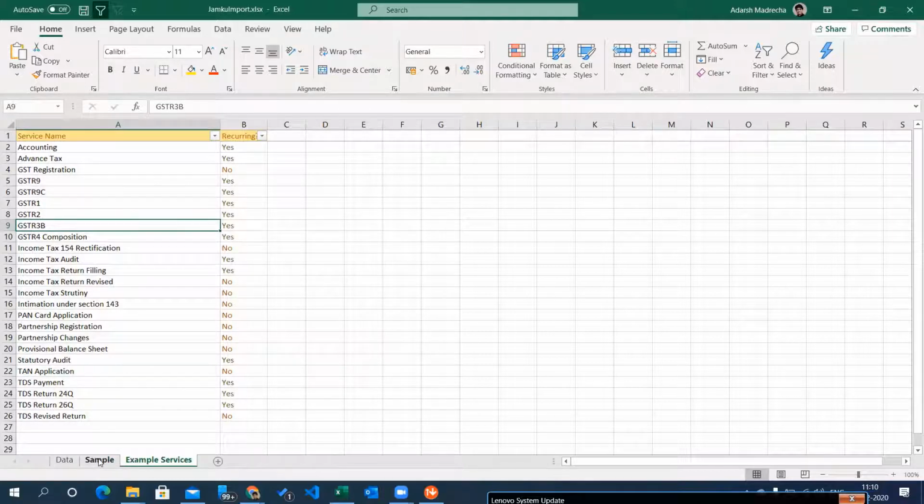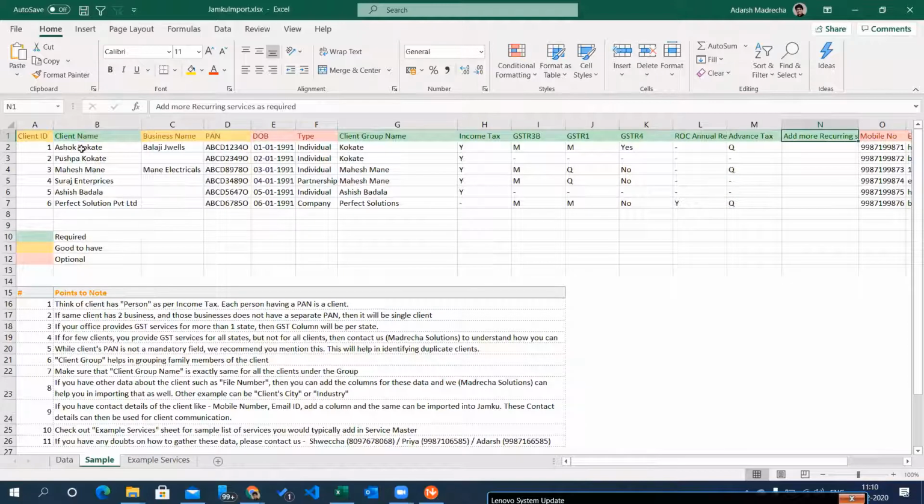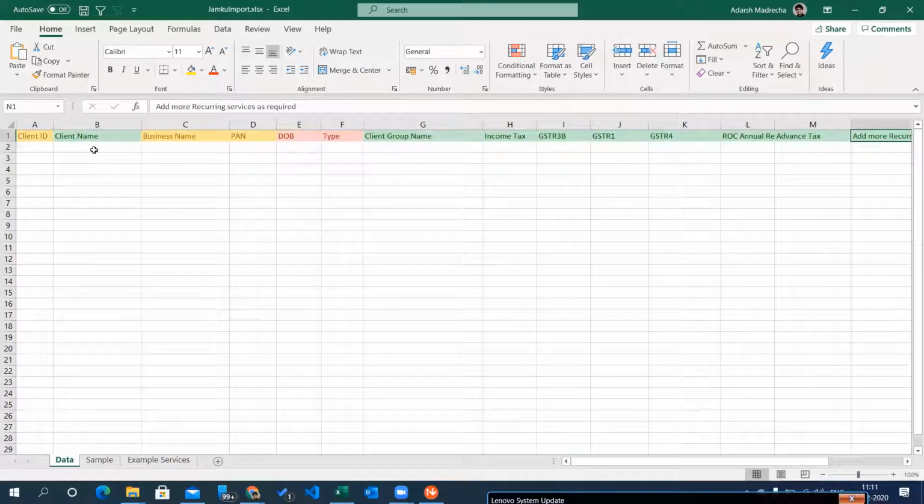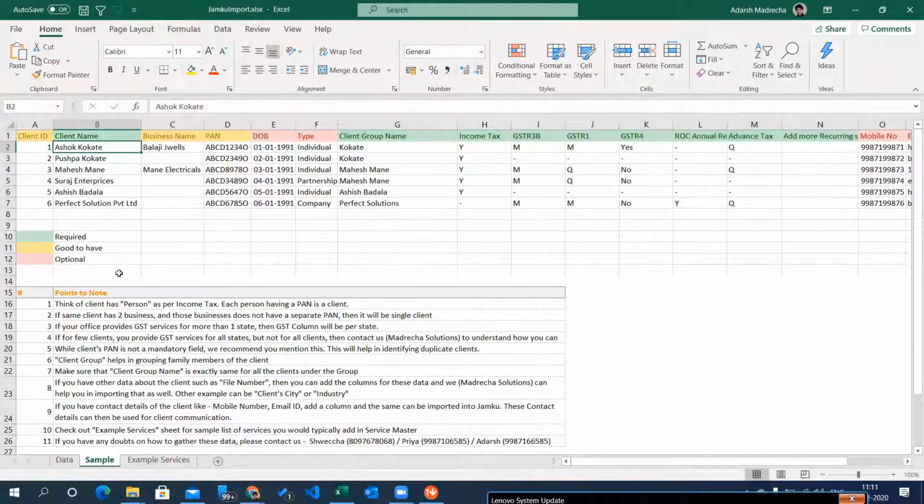And the next sheet is the sample sheet, which gives an example on how you would create all your data. Then we have the data section where you would actually be pasting your data from your existing Excel files. So let us first jump into sample data and let me explain all these fields.